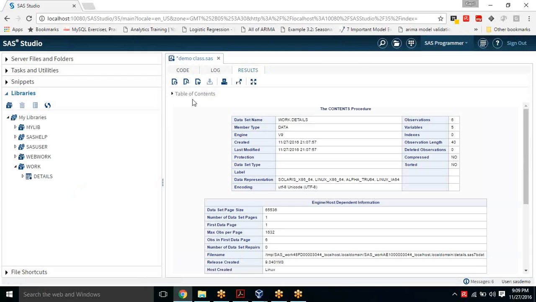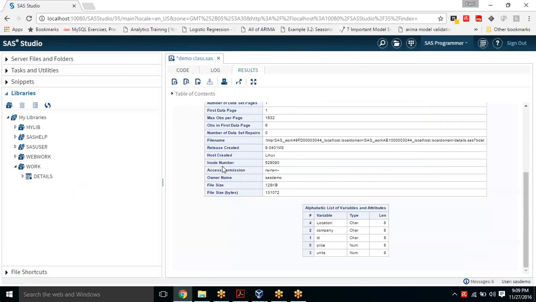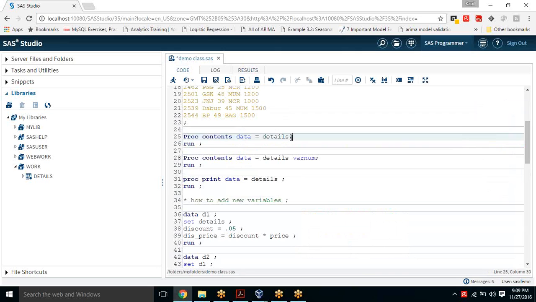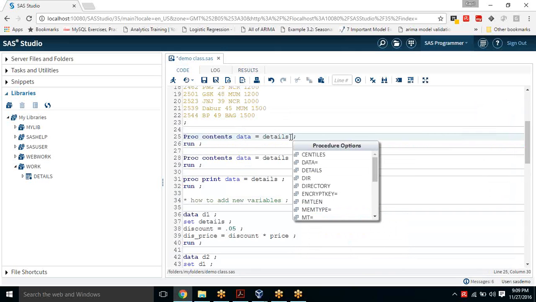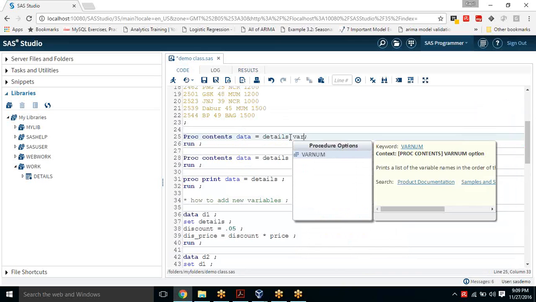Now see here. Just scroll it down to the bottom of the page and you can see the variable names along with their type, character, numeric, and default length 8. Now you can easily see the numbers are not in order: 4, 2, 1, 5, 3. So in order to make it in the order in which they are created, you can mention